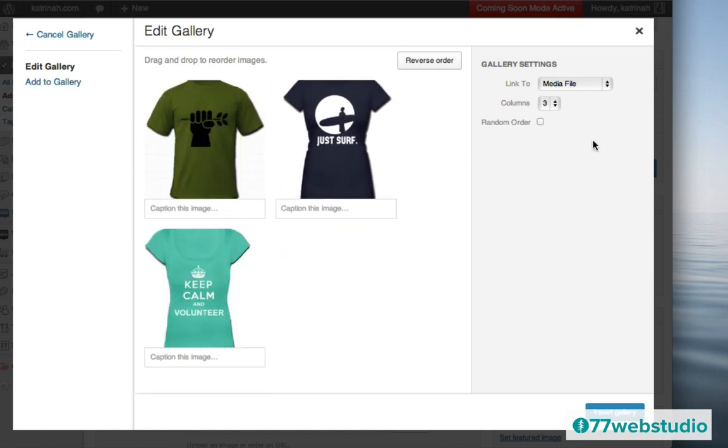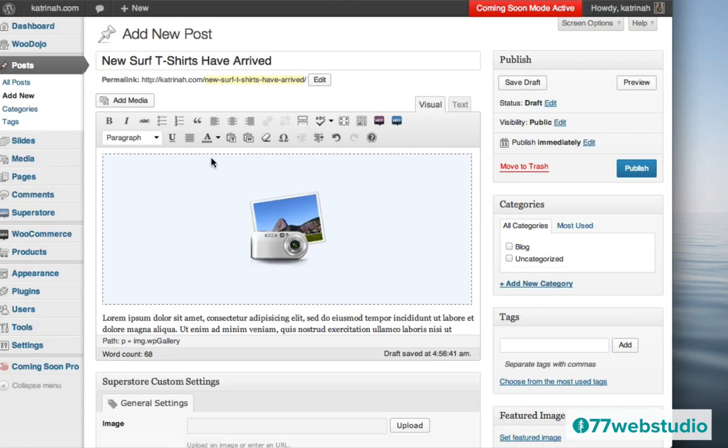And then on the right-hand side, you can see if you want to have 3 columns, and I have 3 items, so I would like to have 3 different columns, but you can select however many columns you want to have displayed right here. So I'll keep it at 3, and then I'm going to click on Insert Gallery to insert the gallery.